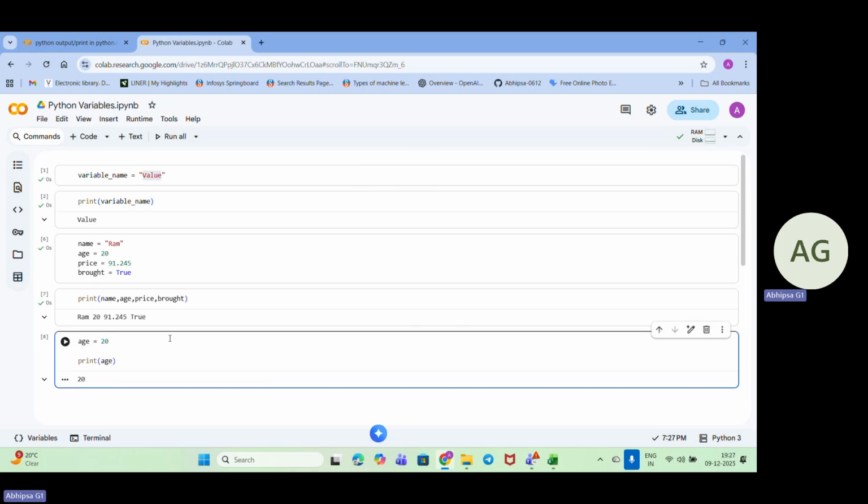Now let me update the same variable: age equal to 21. Now it is updated and printing as 21.